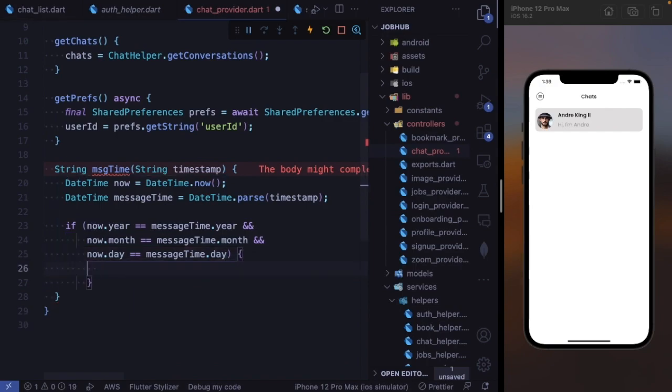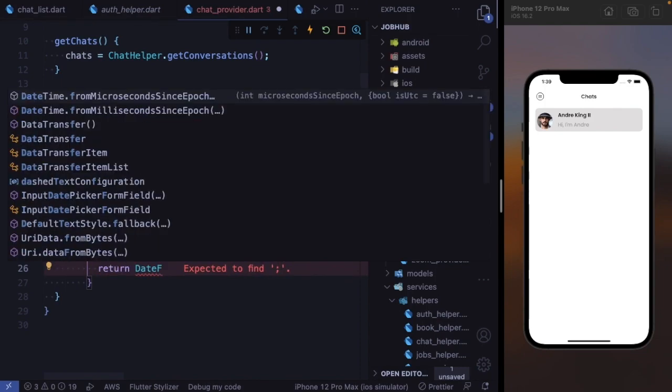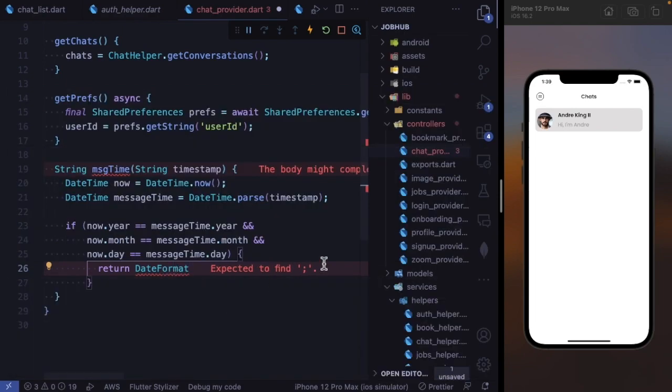So if they're the same, then we are going to display it's today. So if this date matches the date of today, then we're just going to display today. But if it doesn't, then we need some other options. So we're going to display today, yesterday, or the date in a particular format. So here we're going to return date format. Yes, we need to